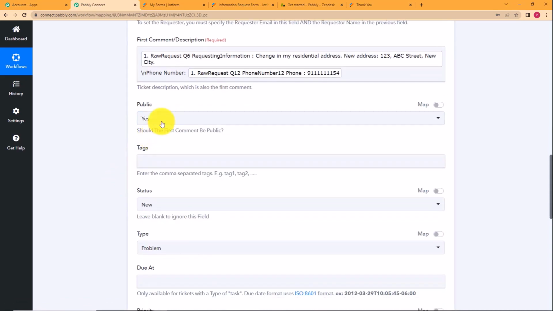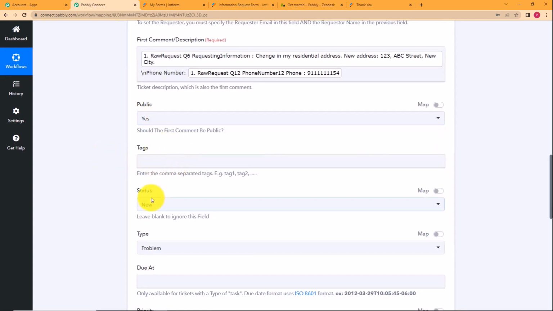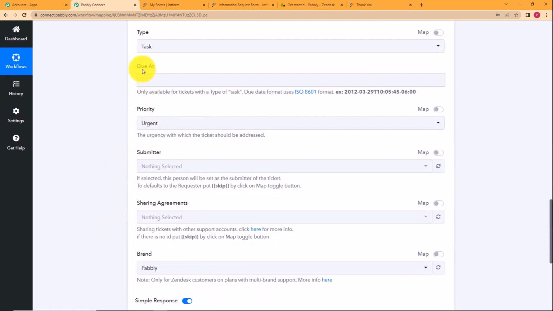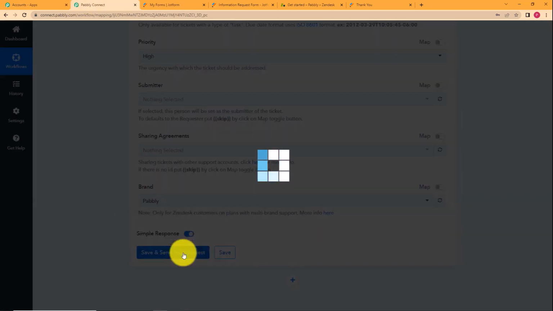Now what is left? If you want to make this ticket public, you can make it public. Otherwise, if you put it to no, it will be only visible to the user of the account. The status is open. And this is not a problem, this is a task that has to be done. Now, is it due somewhere? No, no information like that has been mentioned that it is due at some date. And you can set the priority to high. Okay, so all this is done. No other required field is left and no other field is needed for our situation right now. So we will just click on save and send test request